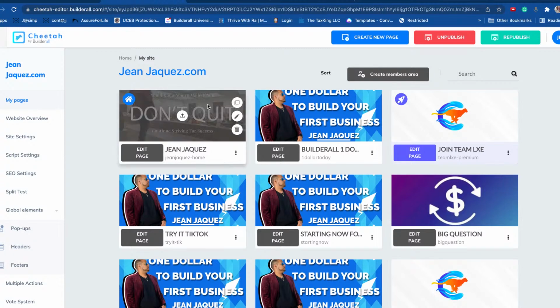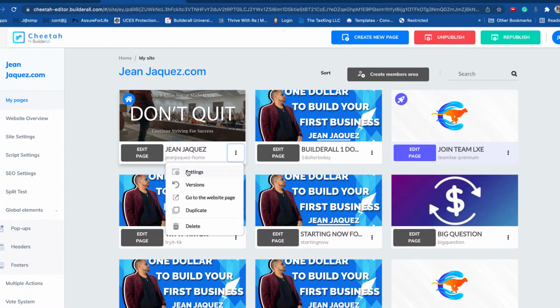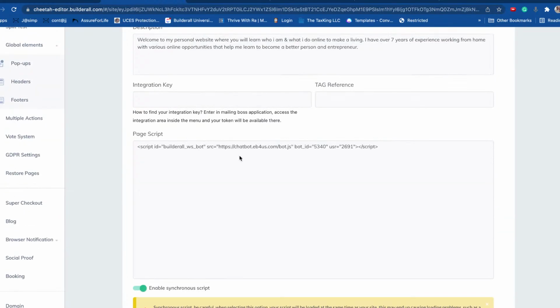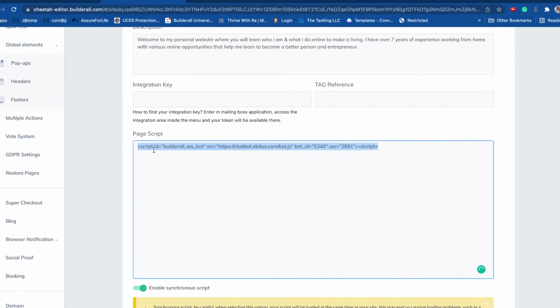Before, I know some of you guys, if you've been here since way back in the day when Builderall just came out, you would have to click on edit page. Of course, it wasn't on Cheetah, it was on Pixel Perfect. You would click on edit page and you would add an iframe, HTML iframe, and you would put the code there. But all you have to do actually is just click here, click on settings, scroll down, well not too down, and as you can see I already added it here. So you would paste the bot right here,